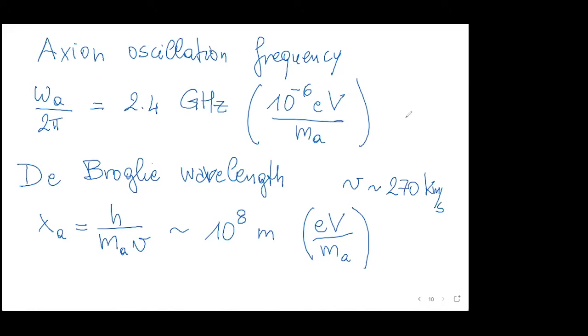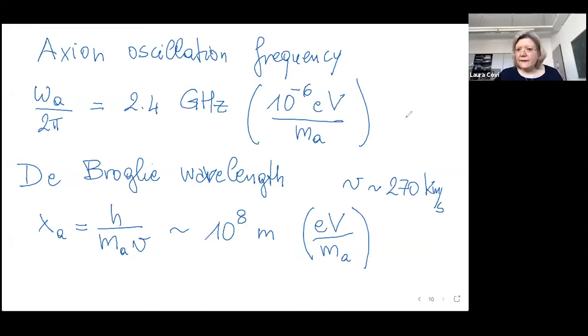Could you repeat the explanation about this de Broglie wavelength and the axion cluster? I didn't catch your meaning. Well, we will see it in more detail in the next slides. I will show you a picture. The point is that if you have an object with a large de Broglie wavelength, you cannot treat it as